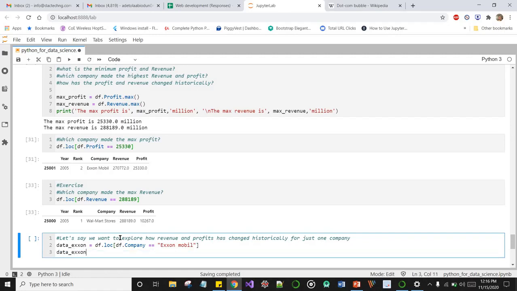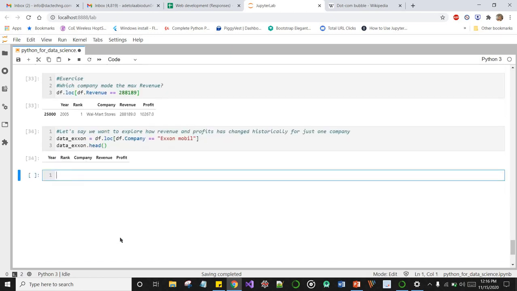Next we can do data_exxon.head. Oh, we're not returning anything. There must be a problem somewhere. Something is wrong somewhere.